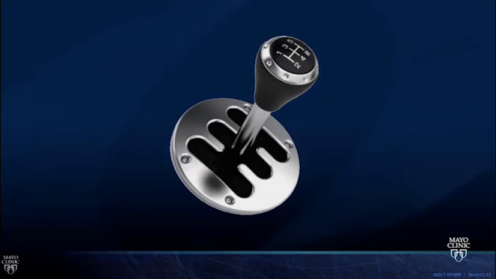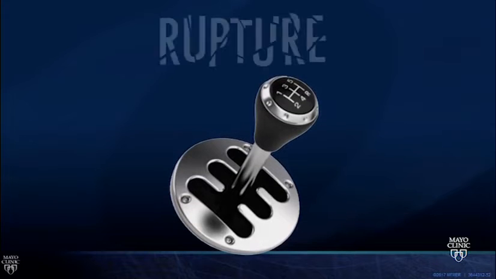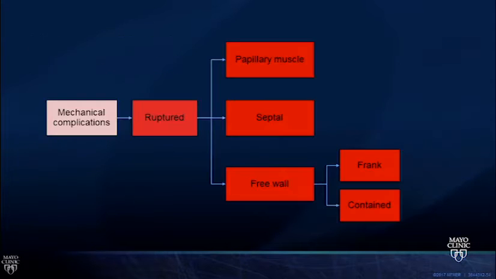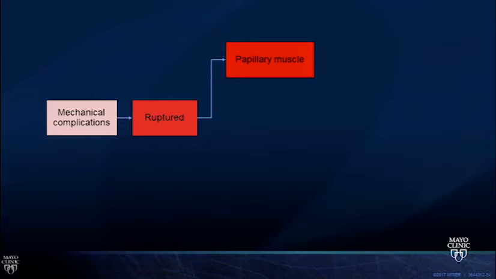We're now going to shift gears a little bit and go from the unruptured complications into the ruptures. Ruptures usually occur in the first week. Okay? This is when neutrophils are going into the myocardium. As they infiltrate, the myocardium becomes mushy, purulent, and that's when it's most likely to tear. If lytics have been given, it may occur slightly earlier. For the ruptures, it can encompass papillary muscle rupture, ventricular septal rupture, or free wall, and first we'll talk about that of papillary muscle rupture.